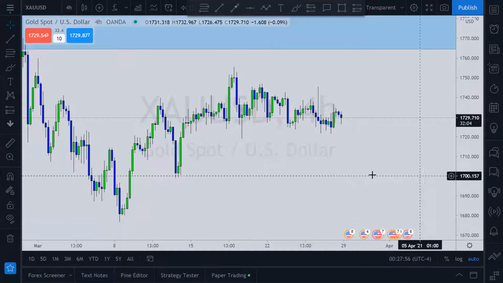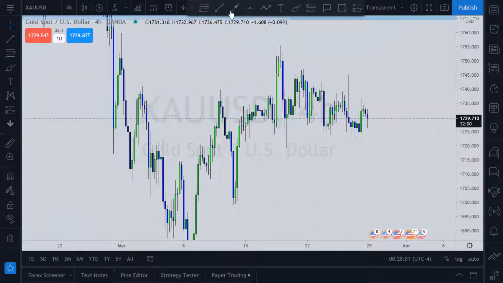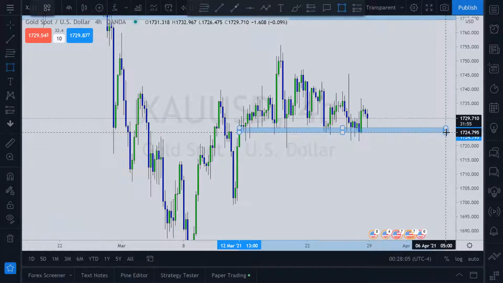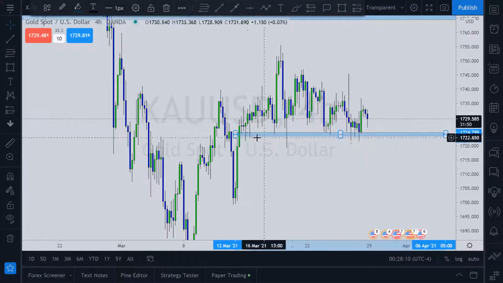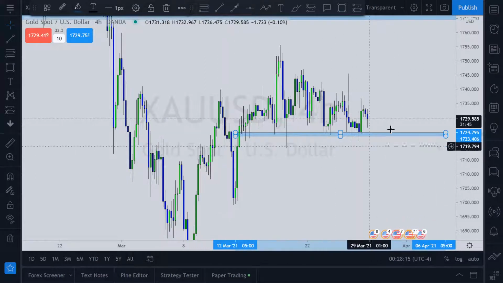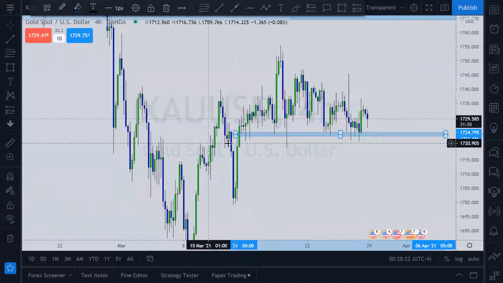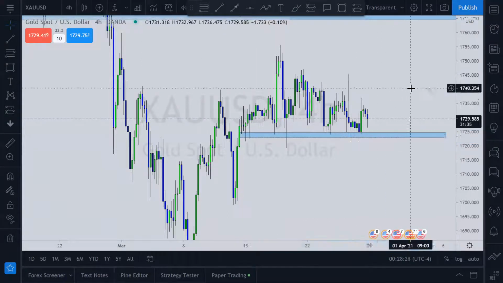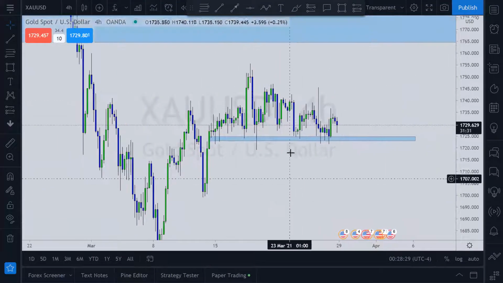Now, I want to mark where the support is right now. We have support here. Let's see. I like it like this. We are at 1724. 1724, is that where we're at? Hold on now. 1724, yeah, okay. 1724, I'm always on the lookout for the whole numbers. Now, why am I looking down here? Because